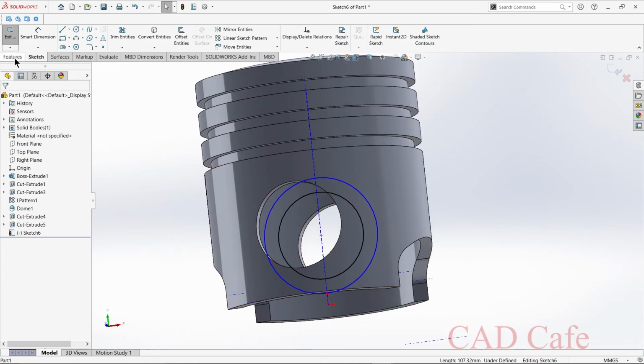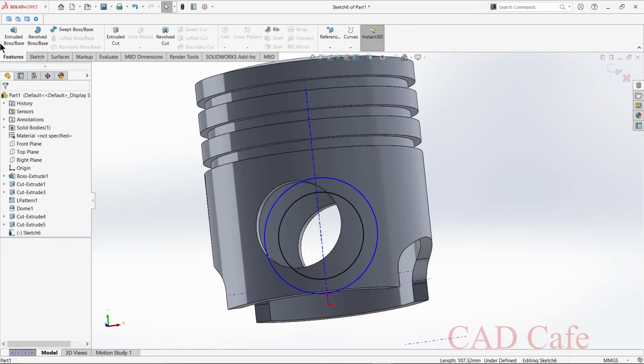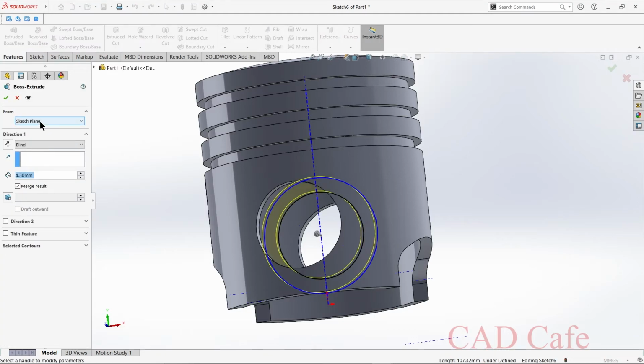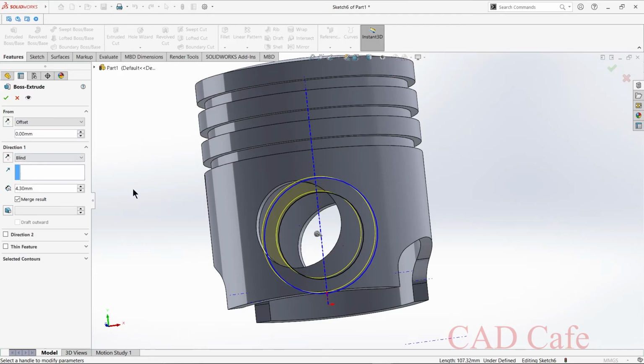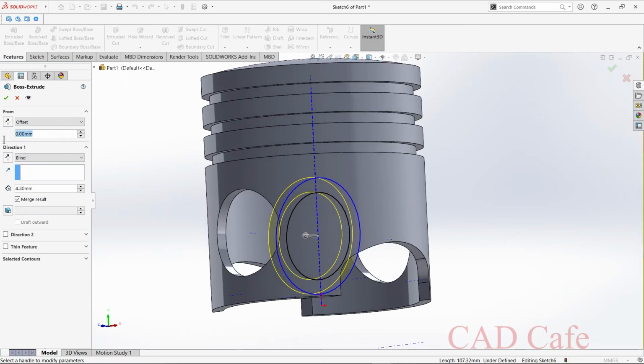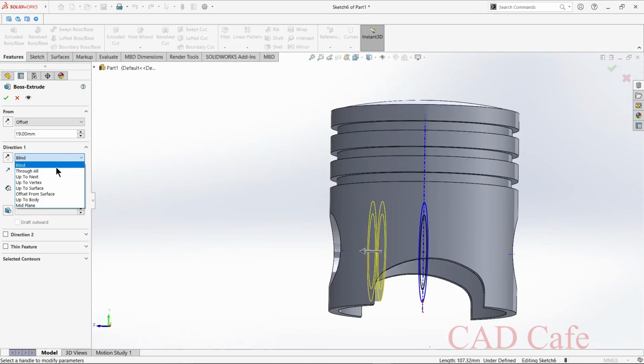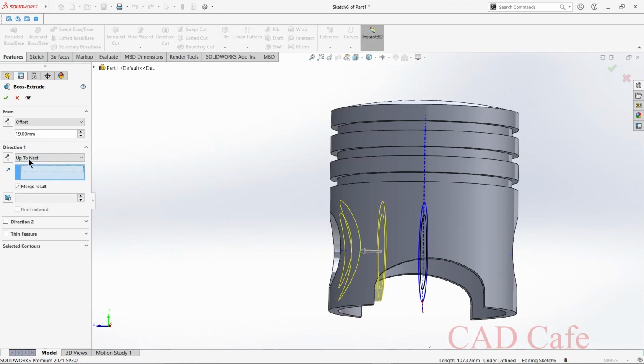Select features, extruded boss, and from here select offset and give the offset distance as 38 by 2. And from here select up to next, click OK.